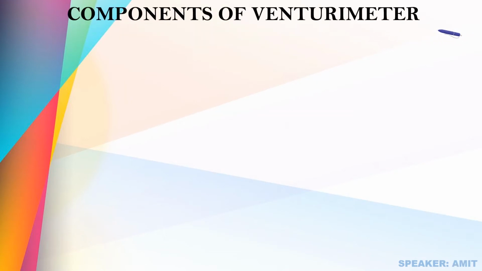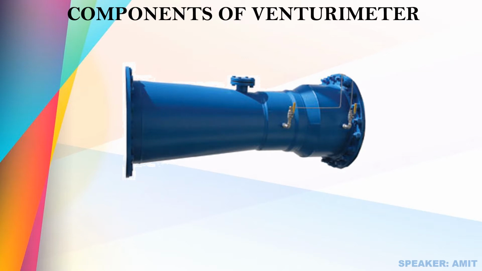Components of venturimeter. A. Cylindrical entrance section. This is the section having the size of a pipe to which it is attached. The venturimeter should be preceded by a straight pipe of not less than 5 to 10 times the pipe diameter and free from fittings, misalignment and other sorts of large-scale turbulence. B. Converging conical section. The converging takes place at an angle of 21 plus minus 2. The velocity of fluid increases as it passes through the converging section, and correspondingly the static pressure falls.